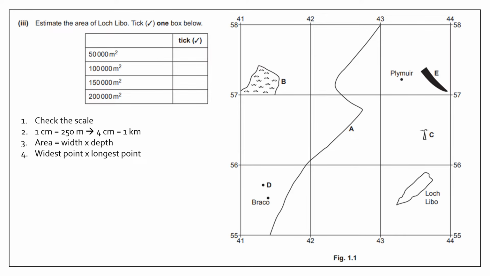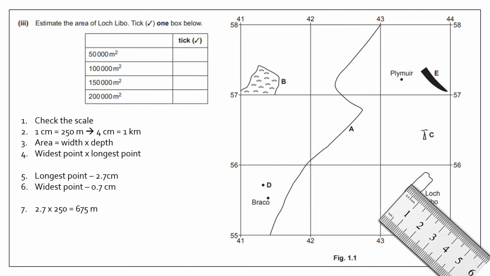And when we work out the area of a particular landform like this, we do the widest point times the longest point. So the longest point is 2.7 centimetres, and the widest point is 0.7 centimetres. Once I've got that information, I'm going to times both by 250 metres. So I know that the longest point is 675 metres and that the widest point is 175 metres. After I've timesed the centimetres by the scale, I work out what it is in real life. When I times those two together, I'm going to get